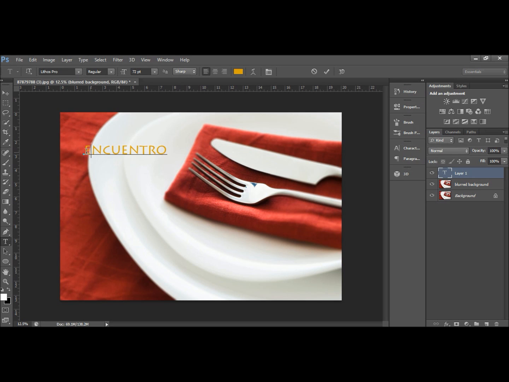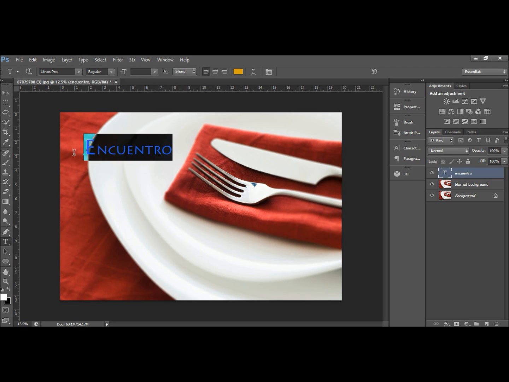And what I want to do is make the first letter bigger than the rest. So I just highlight the E over here, and I press Control Shift and the greater sign. Okay. So yeah, I'm just gonna increase it gradually till the E stands out. Over here, 122, 124, and I think we are good. Okay, so now we have a